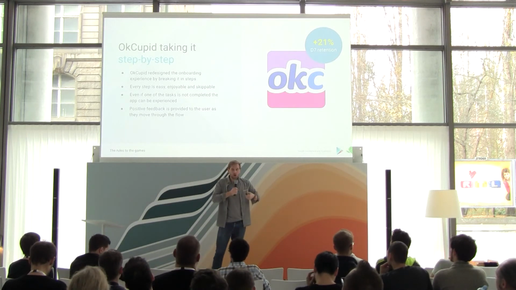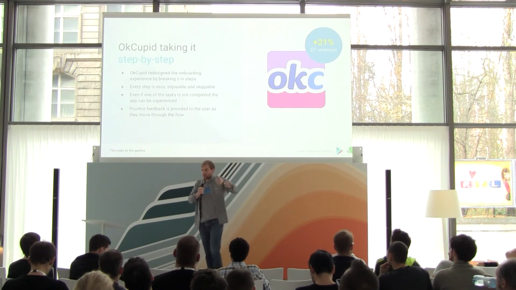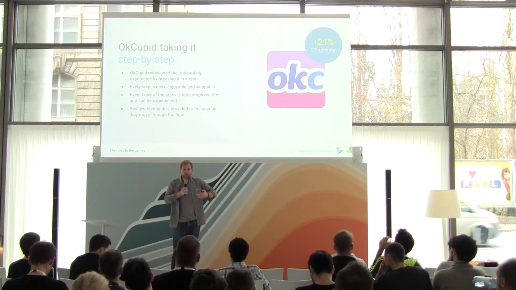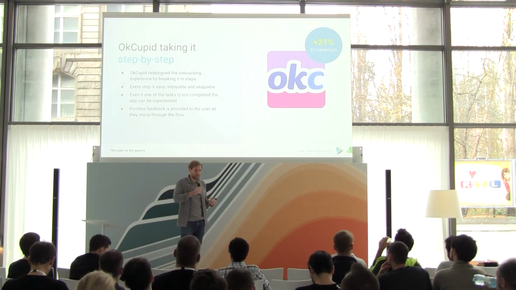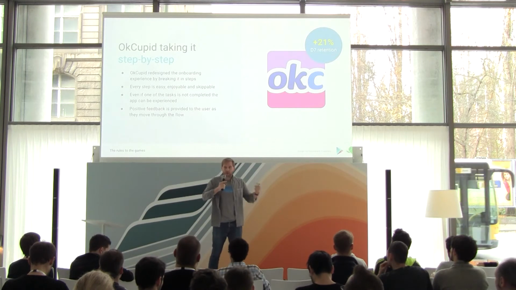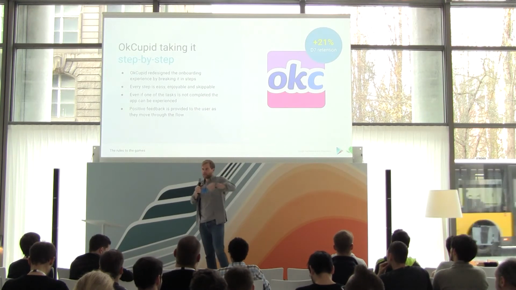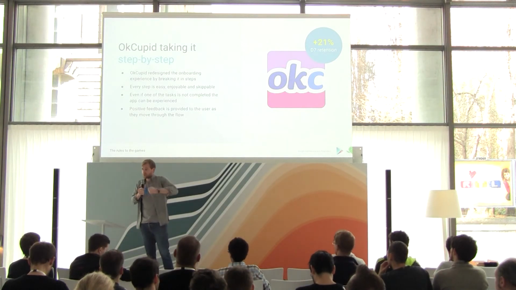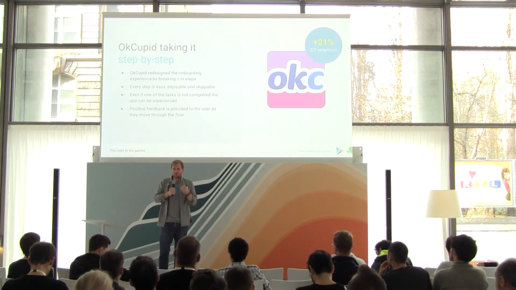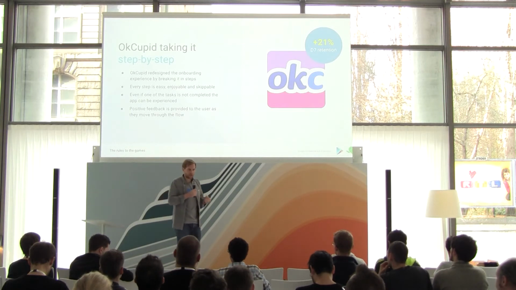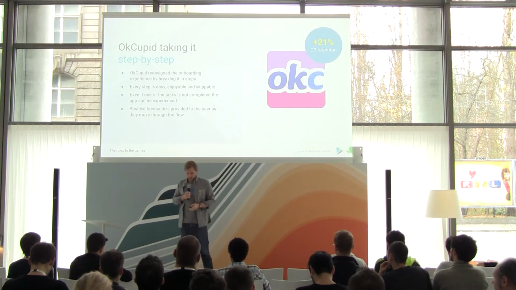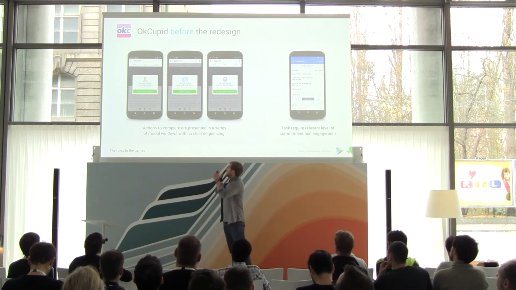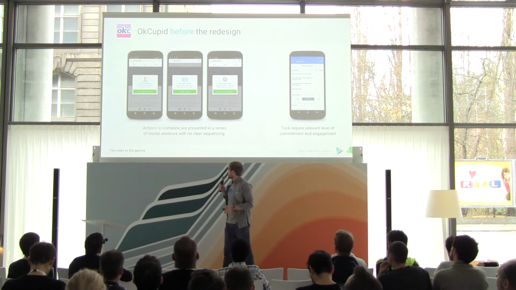They usually want to know who you are, get all these details so they can create a profile. They ask you to upload a picture, and then you usually have to tell something about yourself because they want to find your match and do their dating app work, right? And also they usually ask what you like, what you don't like, and so on. So it's quite a personal process, and you may not always be ready for that. So this is what OkCupid had before they optimized it.